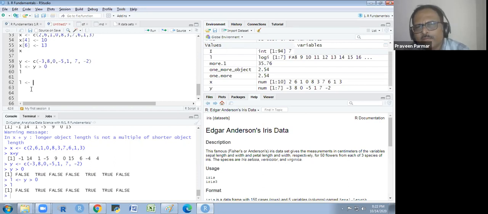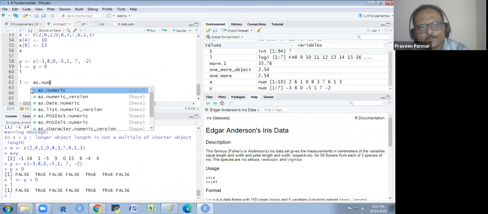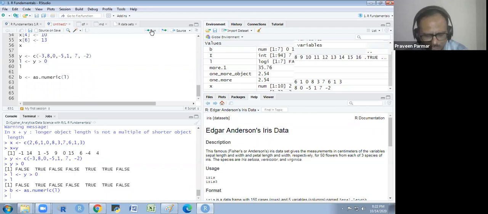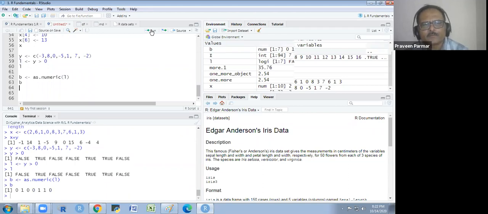So how could I get it? I will use as.numeric. As.numeric, not is.numeric. As.numeric L. I could write some other object name here also. I could write B, for binary, or I could take the same one. And I run this, and I will show you the B. Got it?